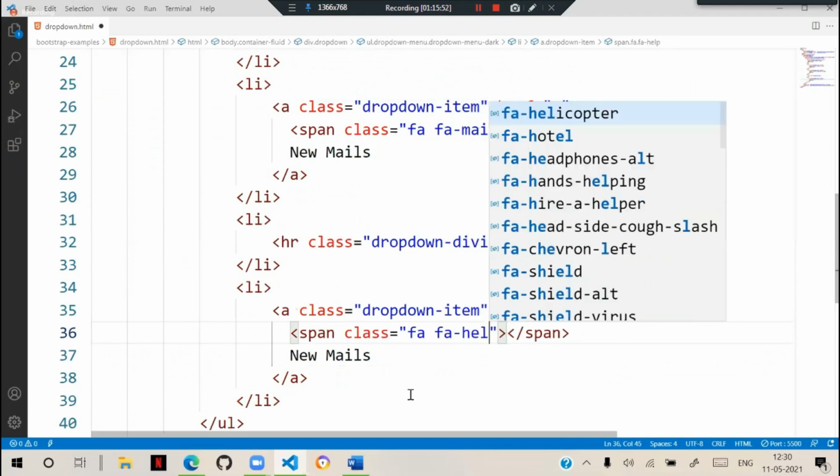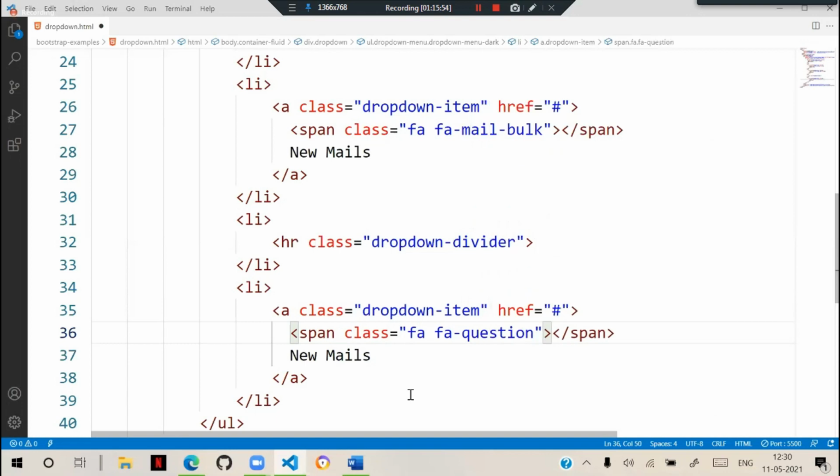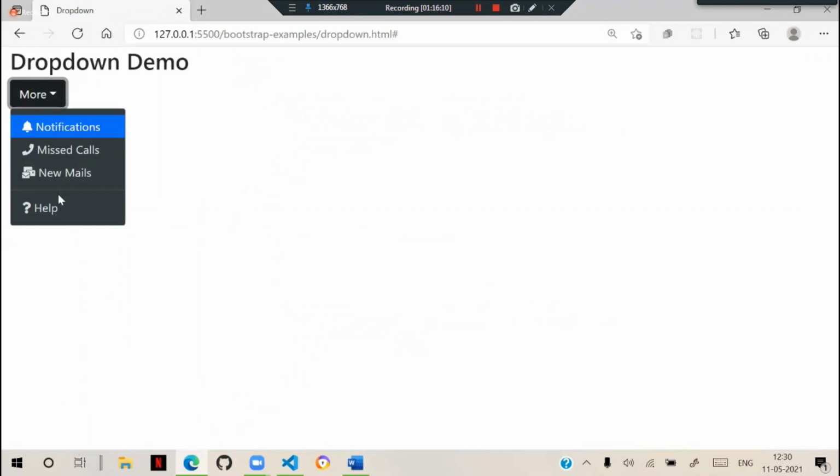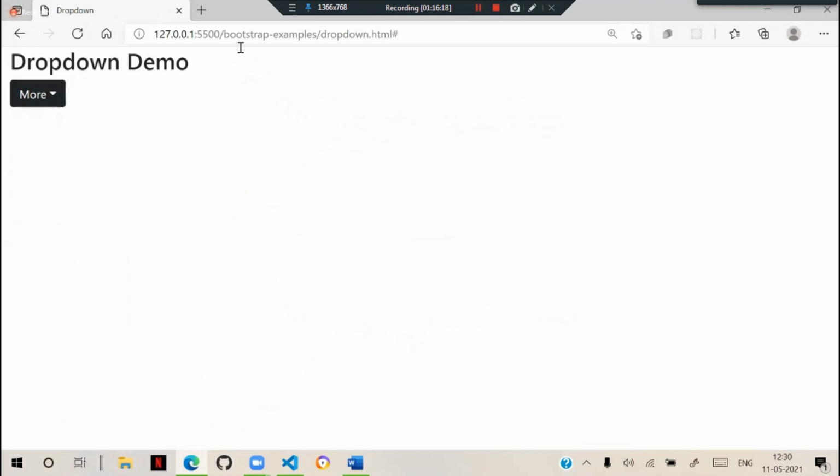So help. So our question. And here we have an option like help. So like this, and you can see that this is the drop down option configured, and the drop down is this, and we can have a split like a separator there. So a separator will be there, right? That is how we can configure. That is the basic approach of defining.